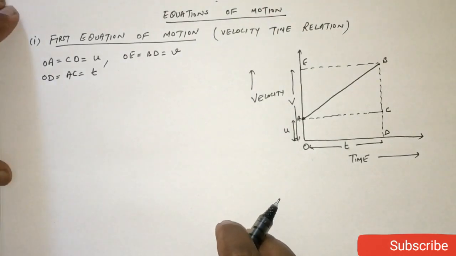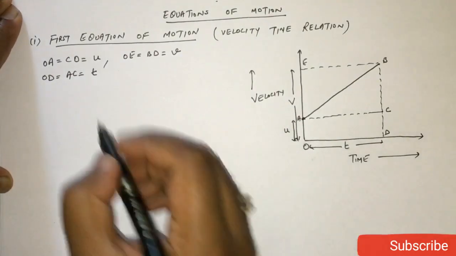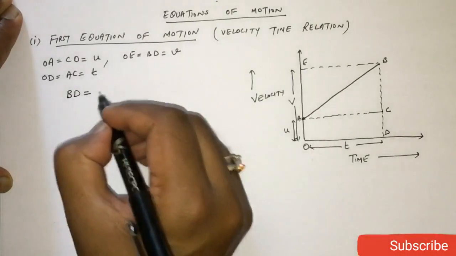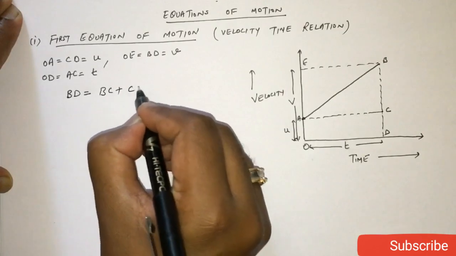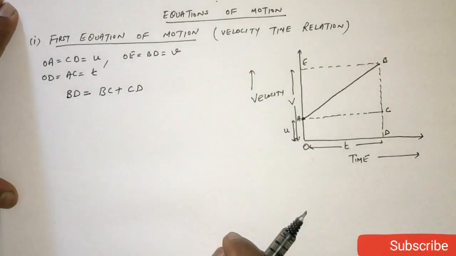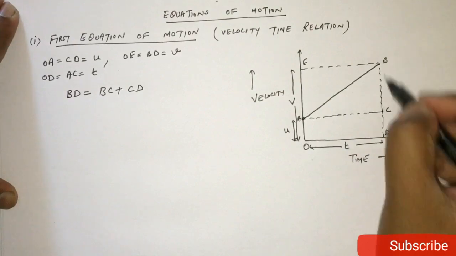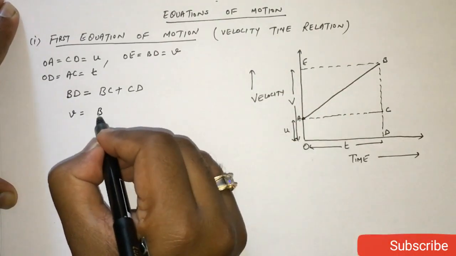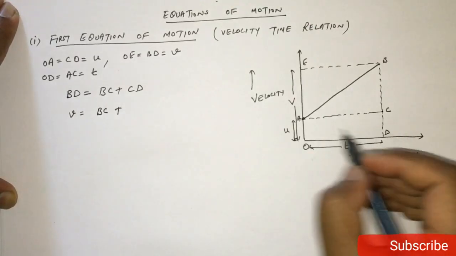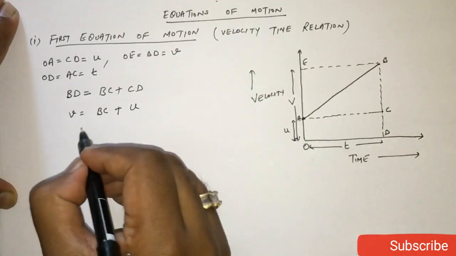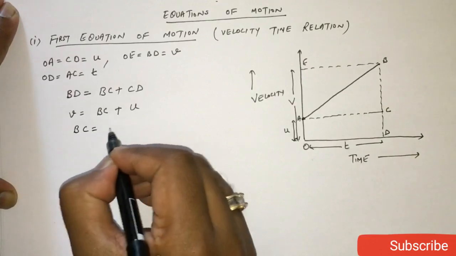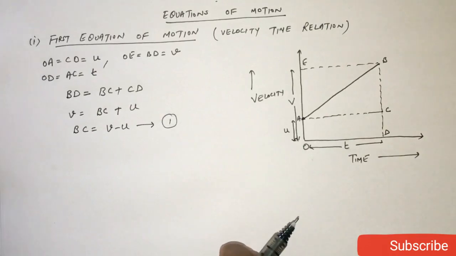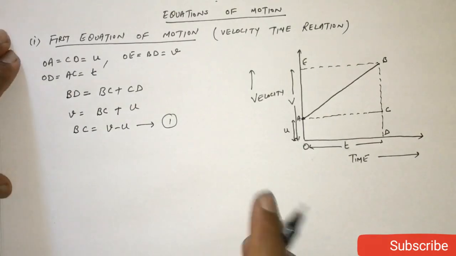Now look at the graph. This BD is equal to BC plus CD. Now the value of BD is the final velocity v, BC we don't know, and CD is the initial velocity u. From here we have BC equals v minus u. Let me call this equation number 1. Now we know that